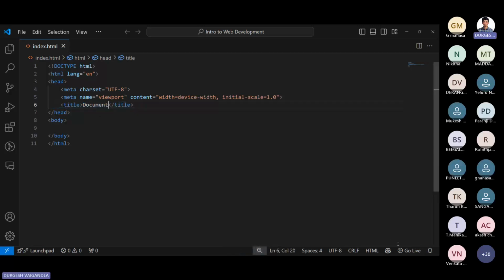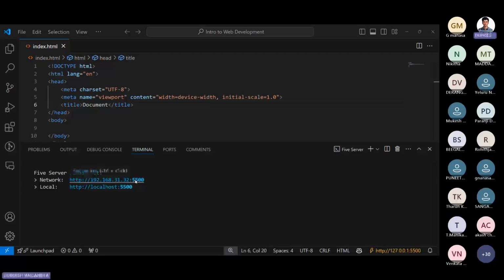We'll see now. If you click on Go Live, it will open up the server. You can see over here. Just a sec, I'll load it. You can see over here, right? There is the thing called document. If I change it to intro to web development, it will automatically change to intro to web development. You can see, right? So this is the use case of